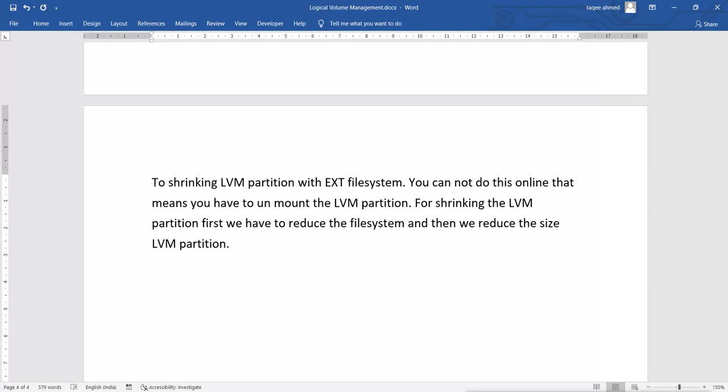So first we have to reduce the file system, and then we can reduce the LVM partition.